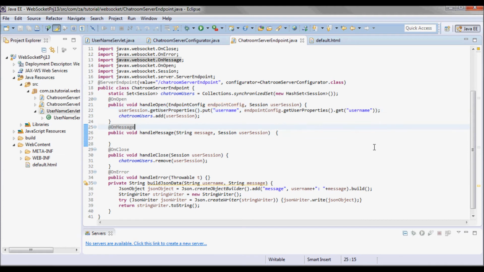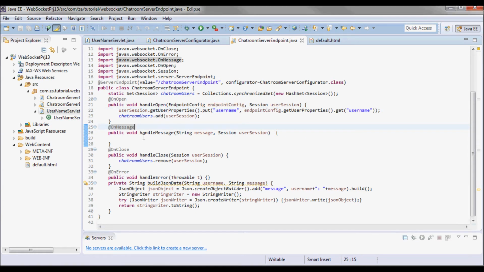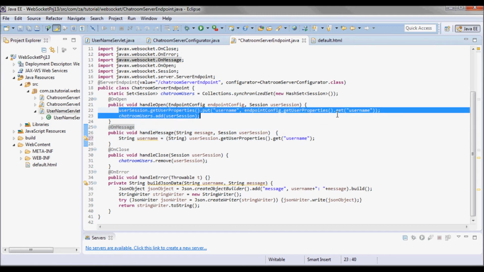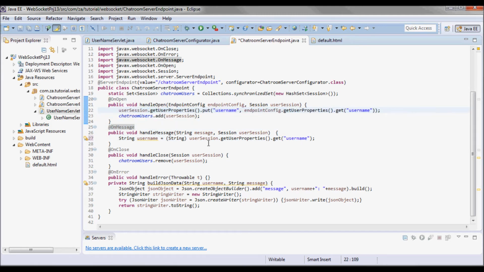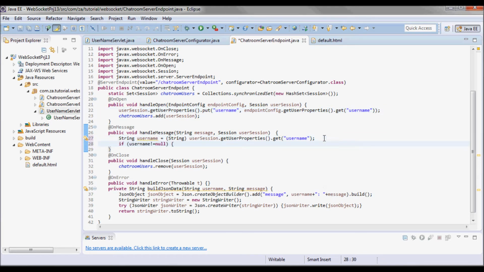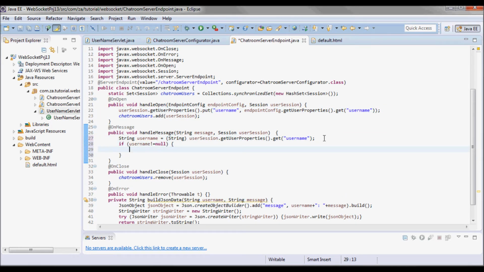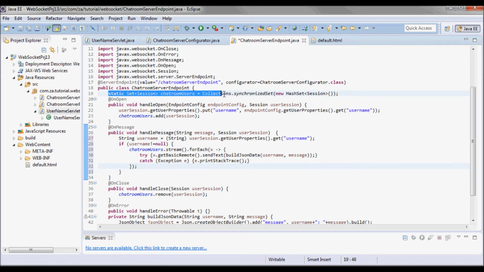And in the handle message method, I'll go ahead and pick up that username, so user session dot get user properties dot get username. And if that username is different than null, then I'll go ahead and propagate the message to all the users that are in this set.